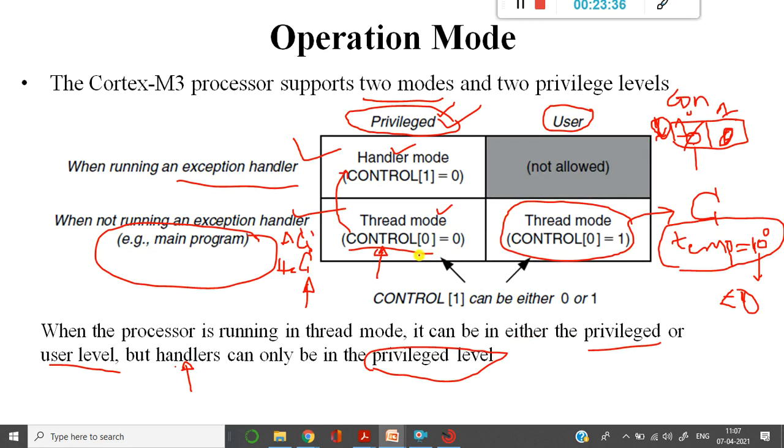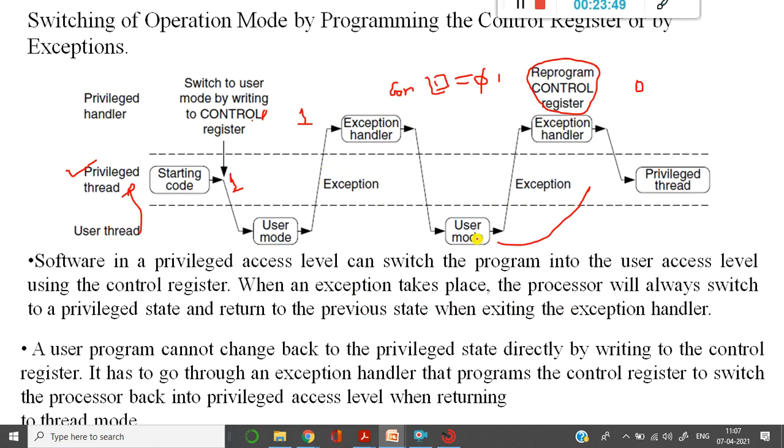So this is what we have taught, right? If I want to go to the privileged thread, I go here and change the value, so that it will execute in thread mode as a privileged thread. So the control bit register will go to 0 here, and you reprogram your control register so that it comes back to privileged. The same thing I have explained with respect to the same statements, how the software is going to be executed. So what is software? It's a set of C programs, that's it.